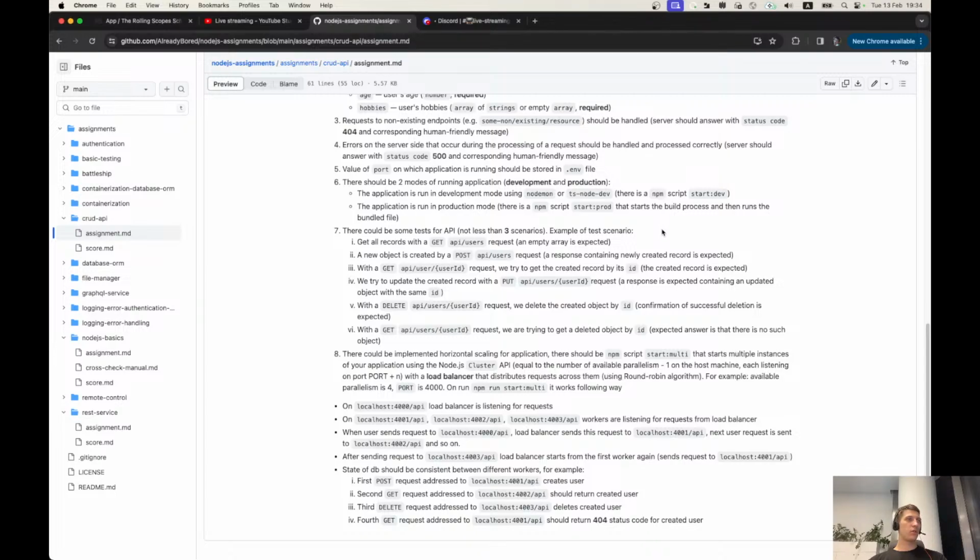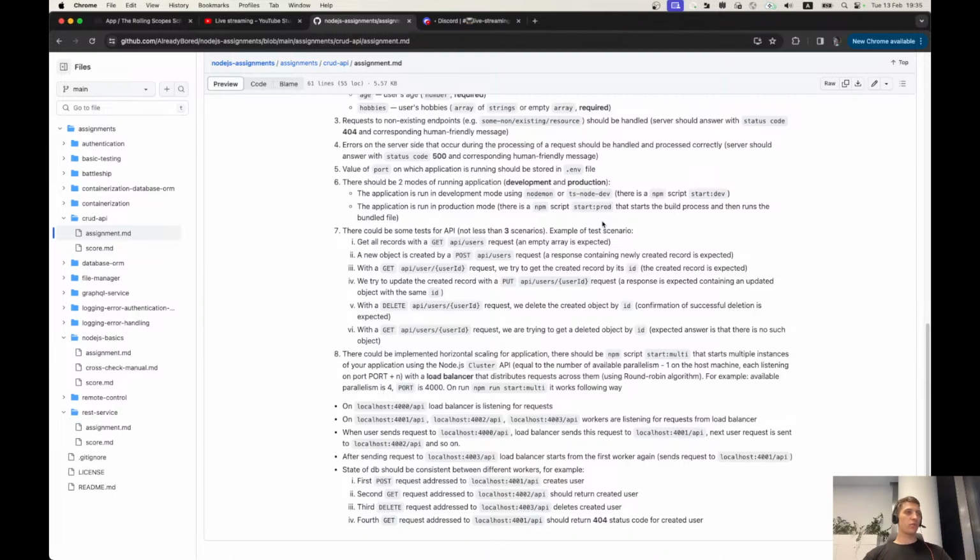Also, you had to implement two modes of running the application: development and production. Development watches your code and reruns the application using nodemon or ts-node-dev package using an npm script, and production mode, which builds your application using webpack or TypeScript, which also uses webpack under the hood, and after that runs bundled